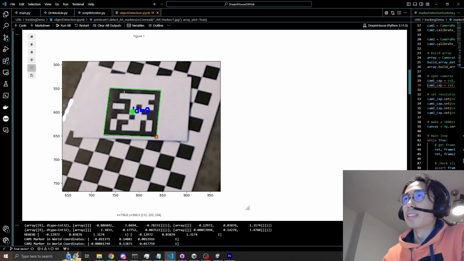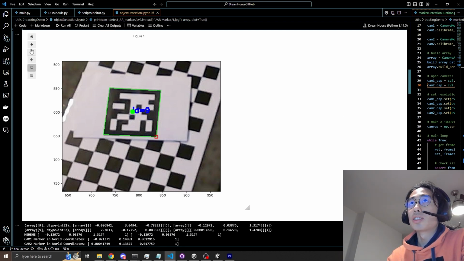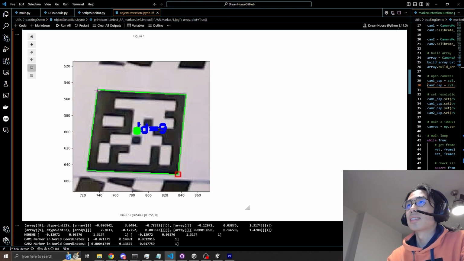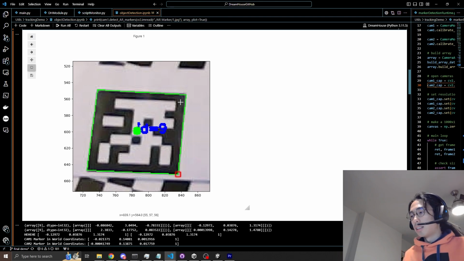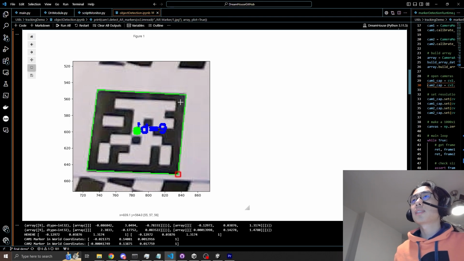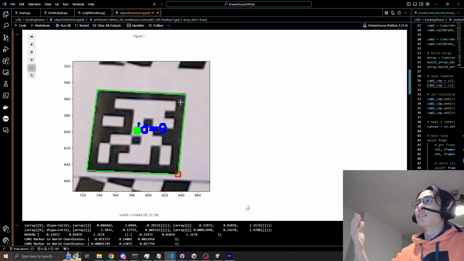And another quick thing here is showing how the camera is picking up the marker in a frame. This is what the camera on the right-hand side is seeing. And here you can see the camera is picking up what the marker is, and it's doing a pose estimation on the marker. And the green dot in the middle is actually the estimated pose being reprojected onto the image plane through the camera